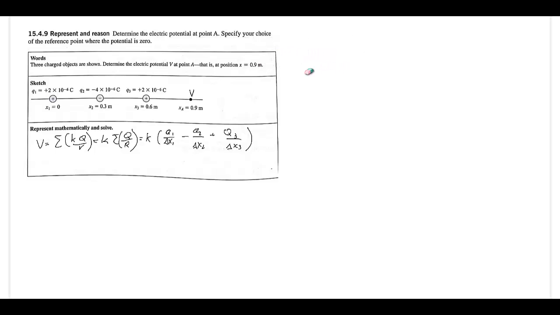I'm just going to go outside the box here. So V is equal to 9 times 10 to the 9th newton meters squared per coulomb squared times q1, which is 2 times 10 to the negative 6, over delta x1, which is going to be 0.9 meters. Obviously, this is coulombs,